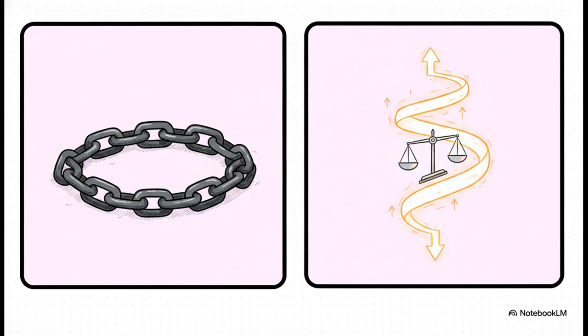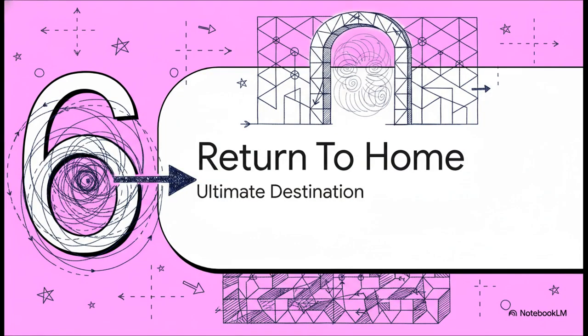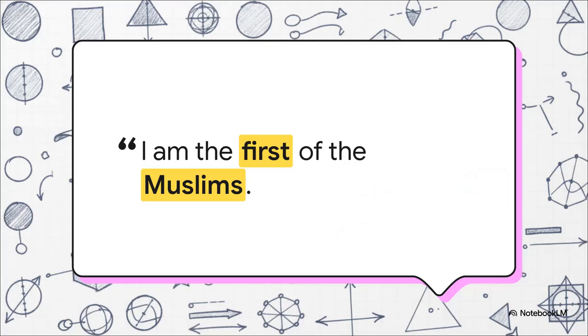The real goal is the true 7. This is vertical recurrence. It's the Mizan scale. It elevates the entire nation and guarantees a return to the light, making the system eternally generative, where no energy is ever lost. Which brings us to our final section, section 6, the return to home, the ultimate destination of this living traversal. So the crucial point is this exact coordinate, verse 616, where the reader actively opens the final